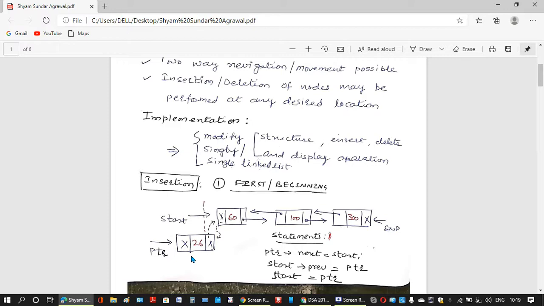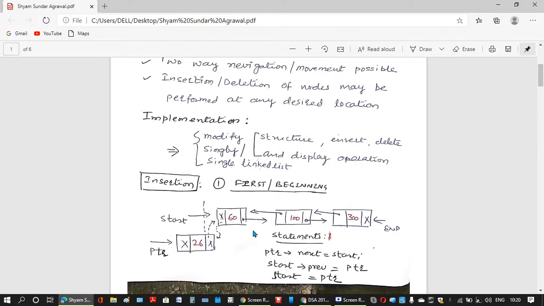Many times I have discussed that we allocate memory to PTR by a malloc statement, and then we ask the user to enter the new value that will be scanned in PTR info, and PTR previous and PTR next will be set to null. So the new node is created by writing 4-5 lines of code that I have discussed many times in my previous classes. Now you want to insert that new node and say the position is 1, that is the beginning.